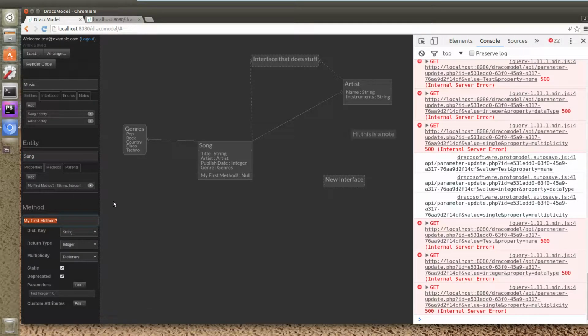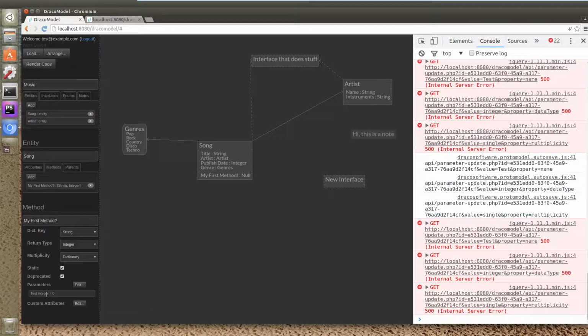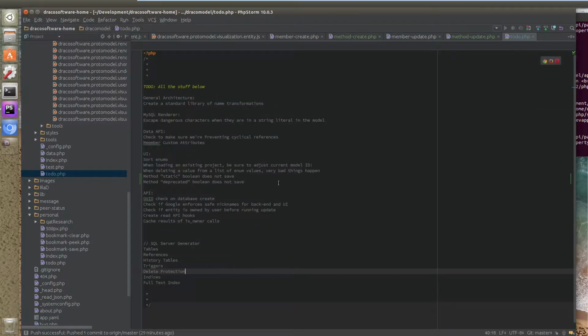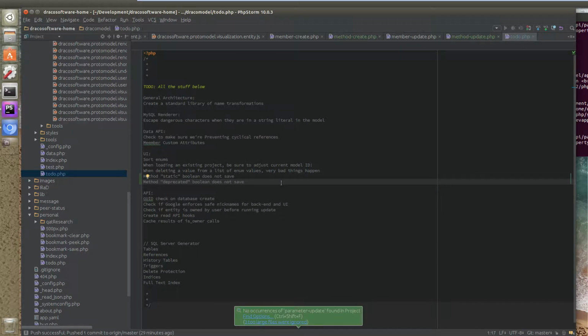Let's go ahead. Let's handle these static and deprecated checkboxes, because that's really going to bug me. Hold on a sec. No, let's change that. At least when we save the parameters, it is generating these update statements. So let's go ahead and handle those. Now, I don't think the phrase parameter-update shows anywhere. Right. Nowhere in my code,